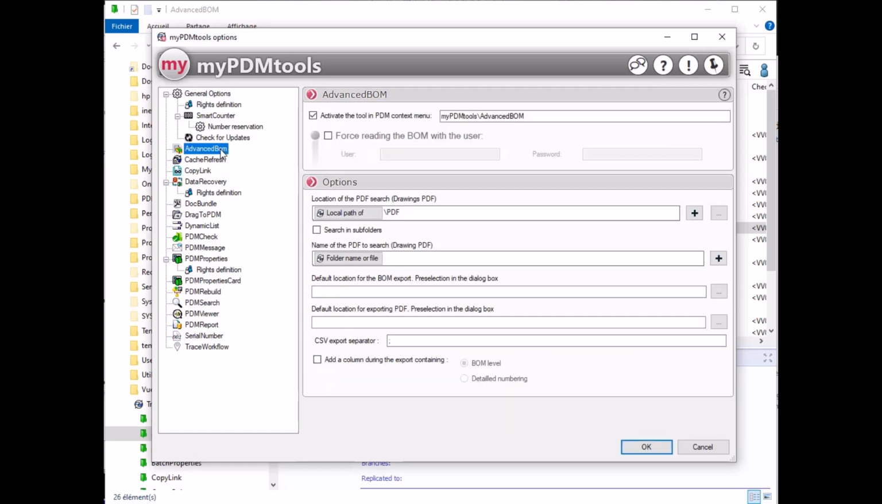We will now define the locations of the PDF documents to be searched as well as their names. In our example, we use variables to search for files in subfolders named PDF. For a name, we're looking for a PDF file that has the same name as a source file, and validate